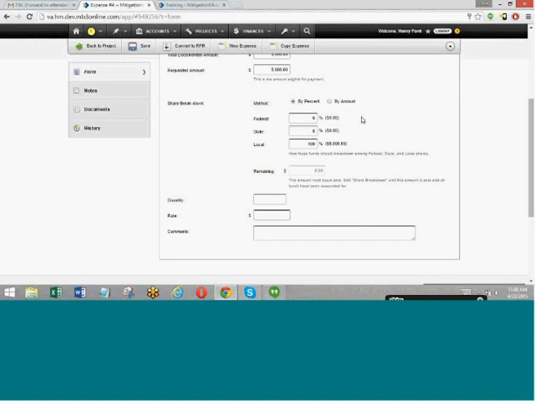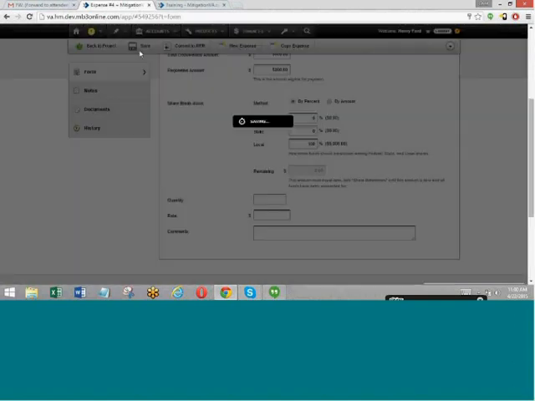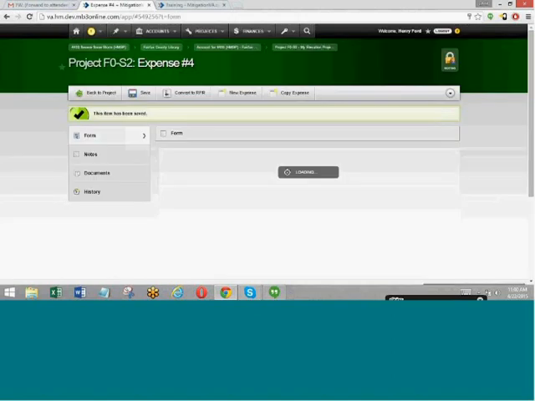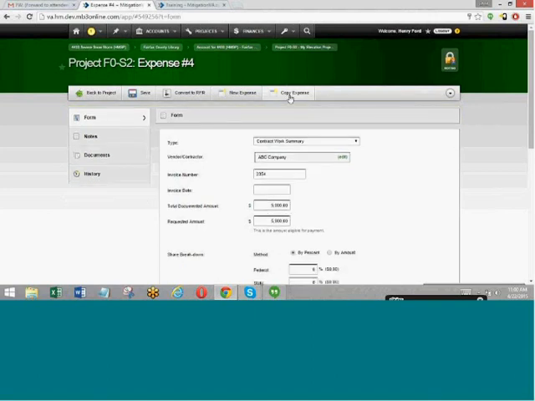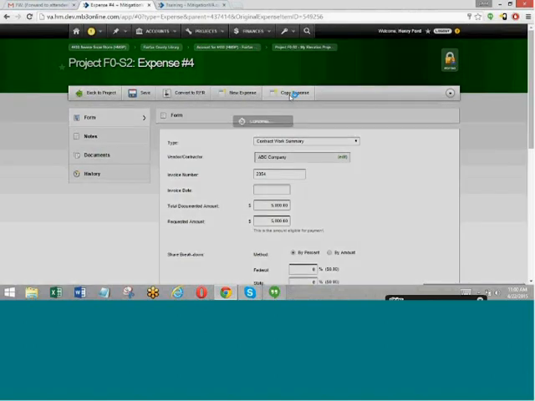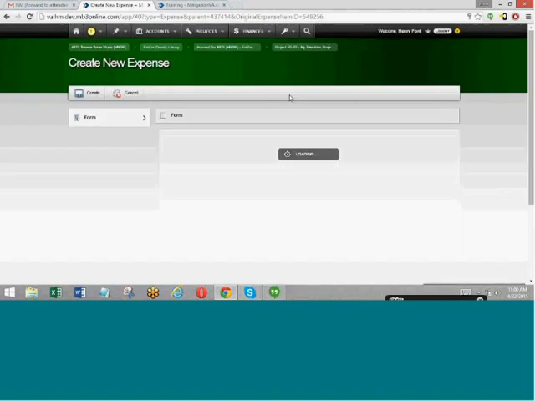But it's a way for you to, at the expense level, indicate what it is that you would like to allocate this specific expense to. So I'm just going to save this, and I'm going to use a quick way to create a new expense. Right from here, you can use the copy feature if it's very similar information. When you use the copy feature, it will copy all that data over as default values in the form, and you can just update whatever you need to update.